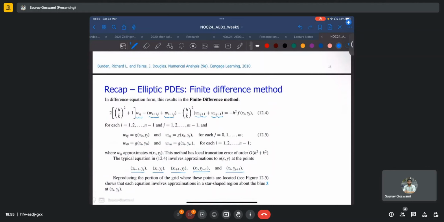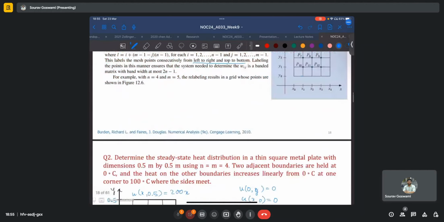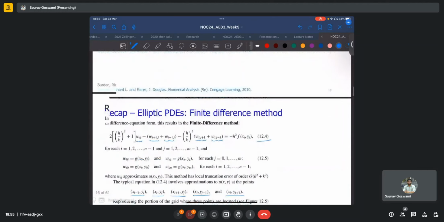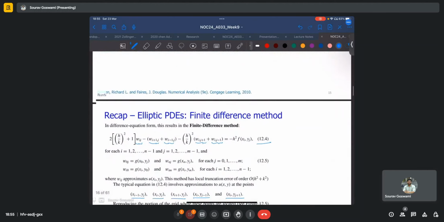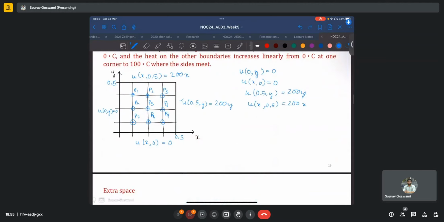Now, in the difference equation form, we put it in equation 12.4. It is too cumbersome to write. But if you put it in equation 12.4, what we'll end up with is